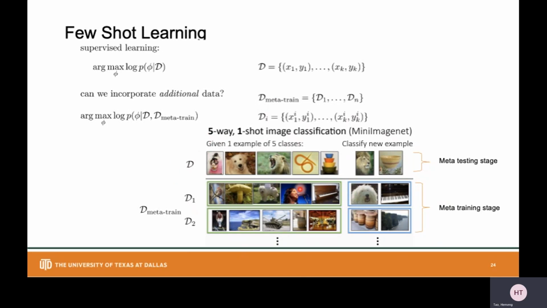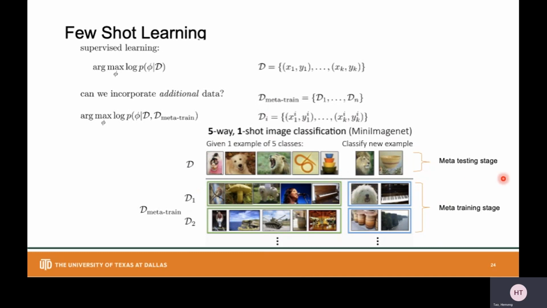One very important feature here is that there's no overlapping class between the D meta-train and our target classification D. In the example of the mini ImageNet classification task, the target dataset contains flower, dog, lion, worm, and bow.